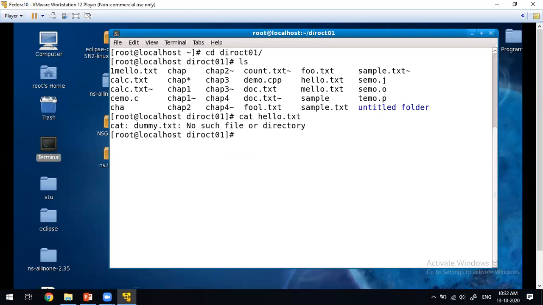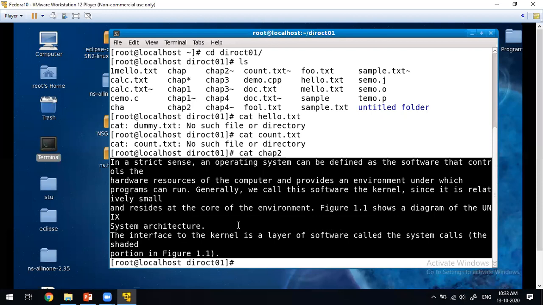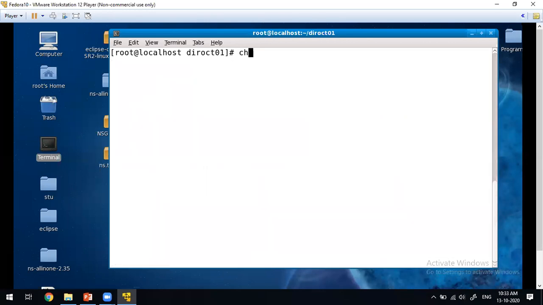I don't want that. I'll open count.txt. cat chap1, no, chap2. In that, so much content is there. Yes. Now that chap2 content.